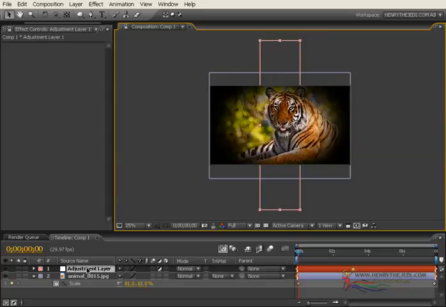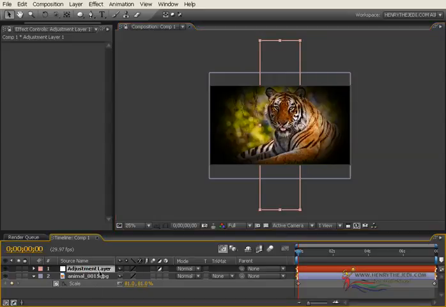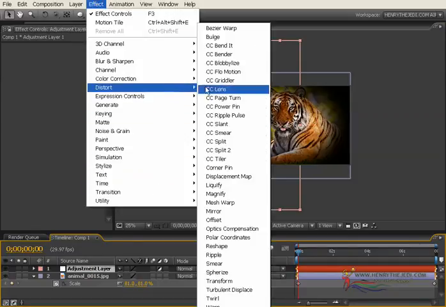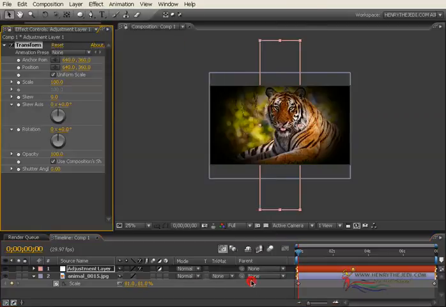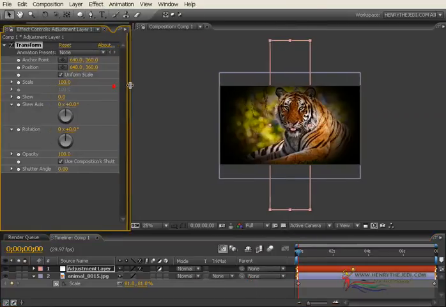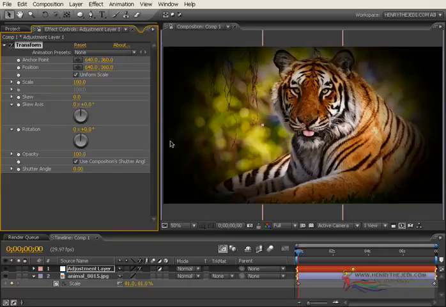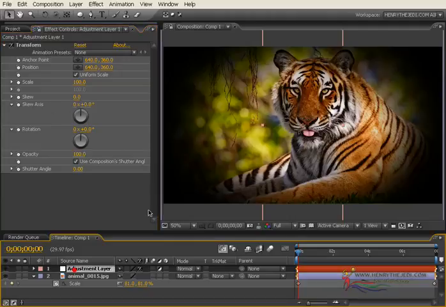Okay, and then with the adjustment layer selected, we go to Effect, Distort, Transform. As you can see, Transform gives us many tools to play around with so that we can animate our layer. We are going to simply play around with the scale. You're going to see what we mean by that now.